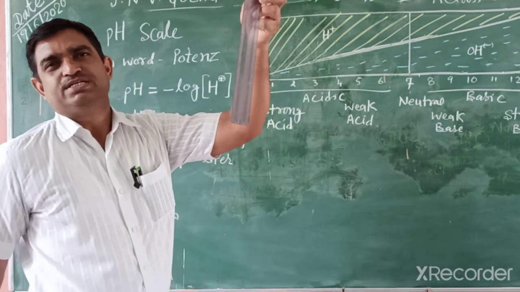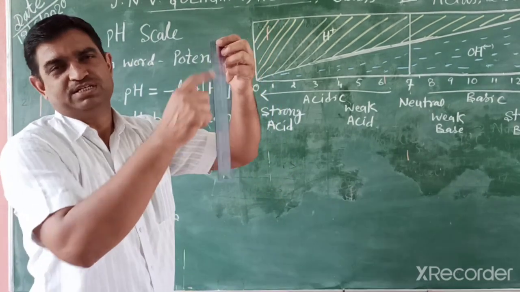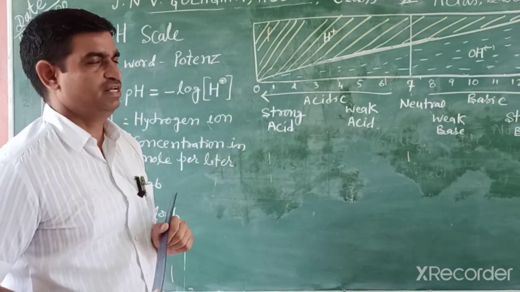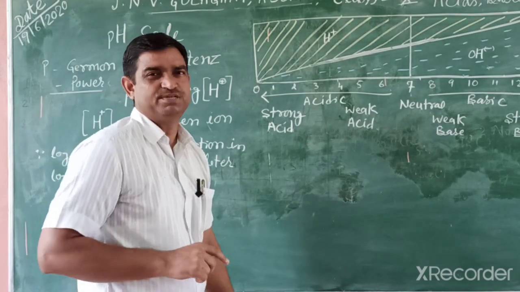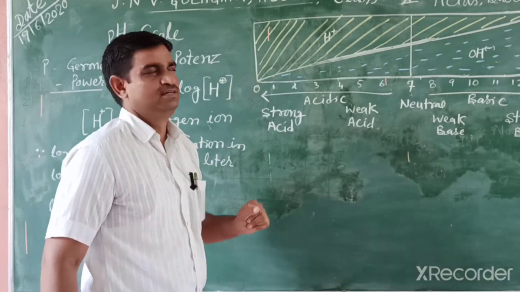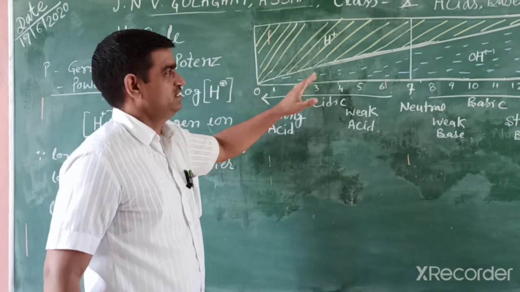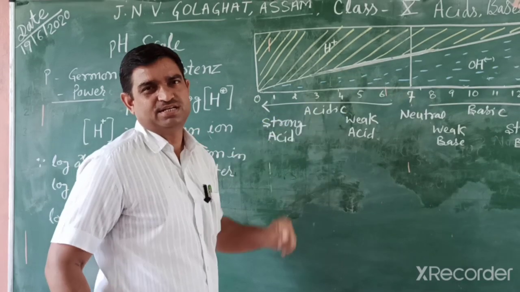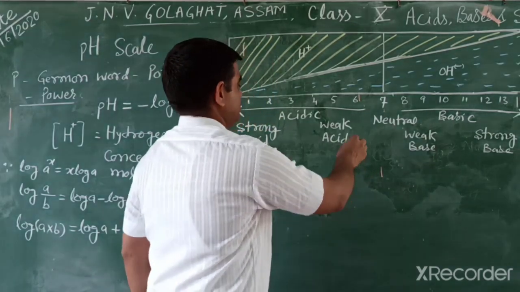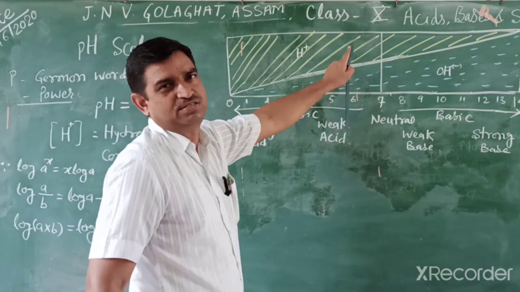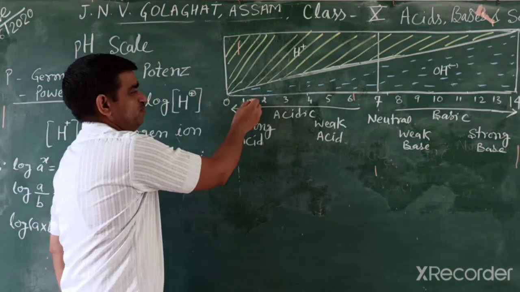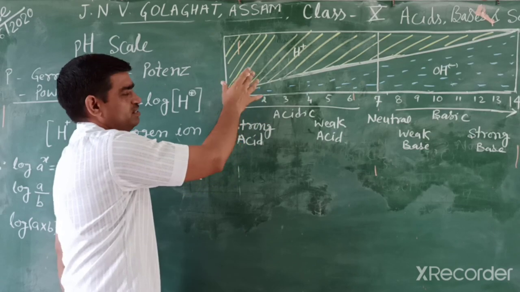Like we have a scale of 1 to 30 centimeters, we usually can measure by this scale. This is for measurement. In a similar way, the strength of acid and base we can measure by a scale known as the pH scale. It can easily be represented in this way. In that scale we write 0 to 14, and at the point 7, when the pH is 7, that is neutral pH, and when pH is 0, 1, 2, it means they are acidic.